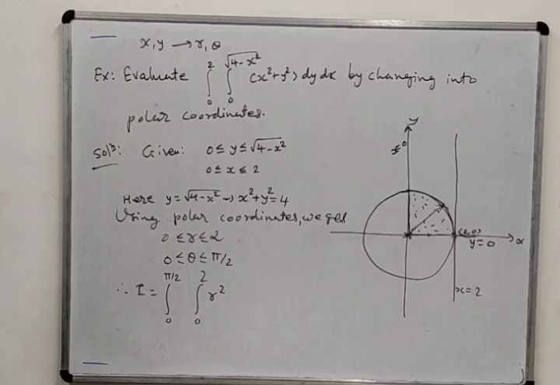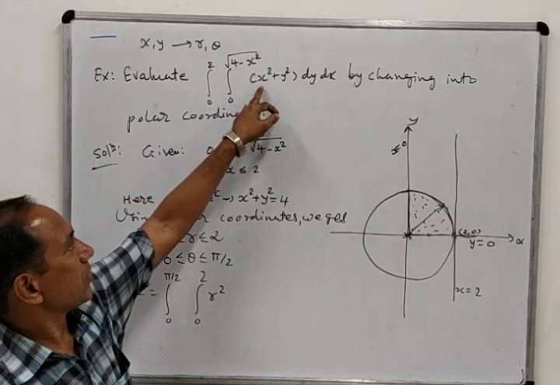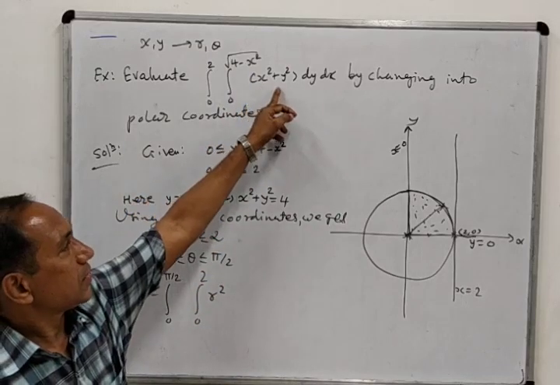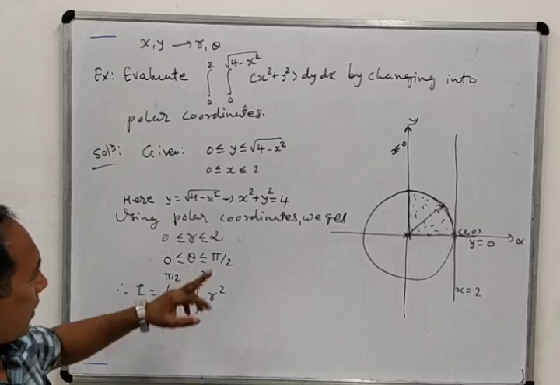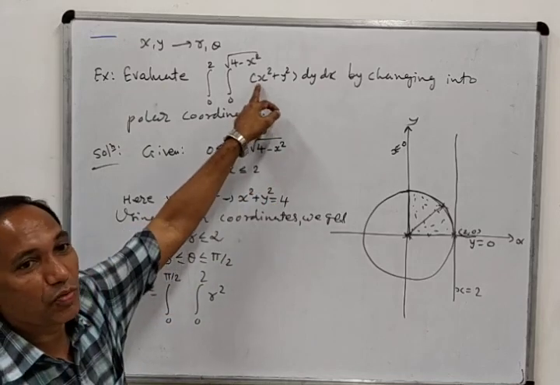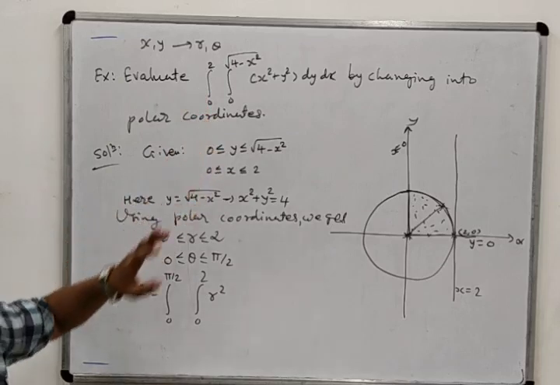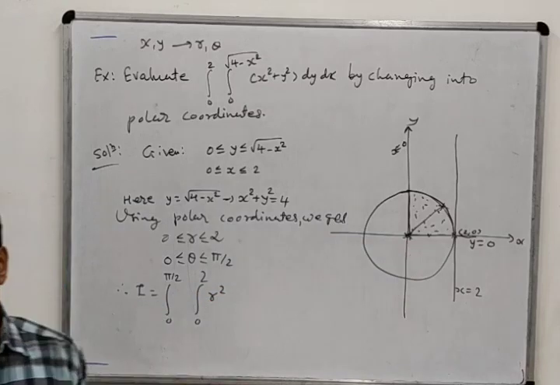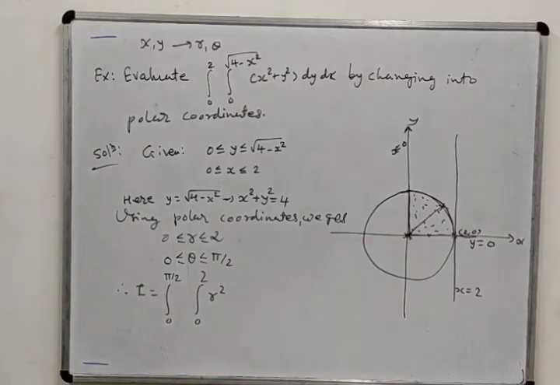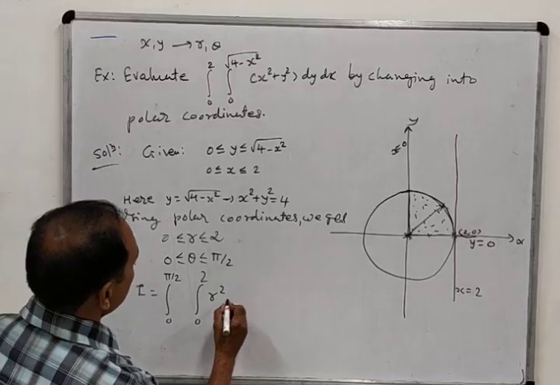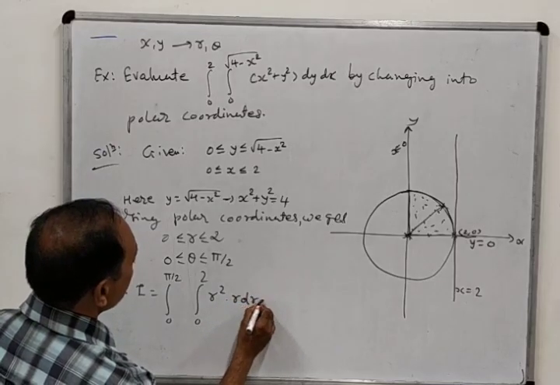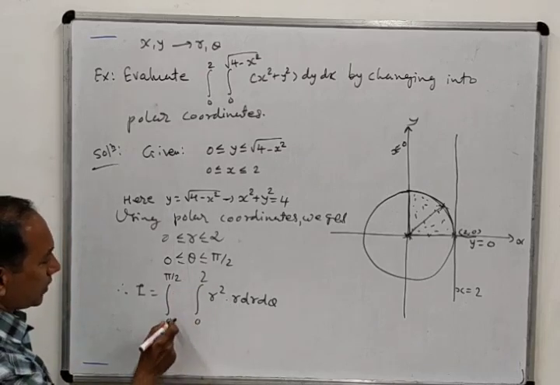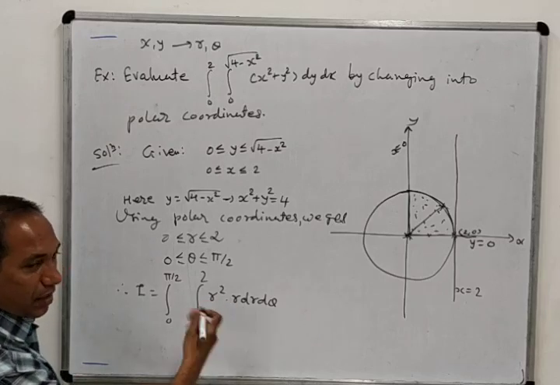See here, once again you remember, in the last lecture also I explained to you, here we are putting x square plus y square equal to r square, because we are changing the variable into another kind of variable, and here x square plus y square equal to 4. Don't try to put 4 over here, because this is the equation of the circle used only to find out the limits. That means to determine the region only. Okay, and dy dx we can write as r dr d theta. So this is what, r cube. These two limits are constant. This is also constant, and r cube and theta have been separated.